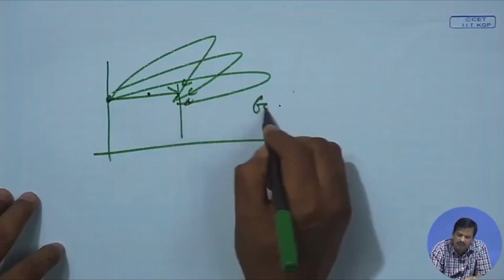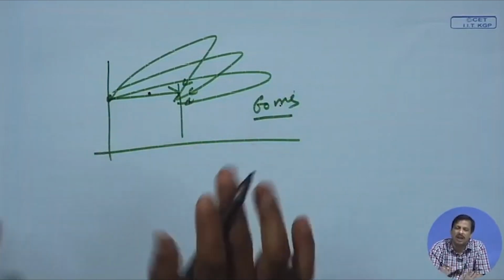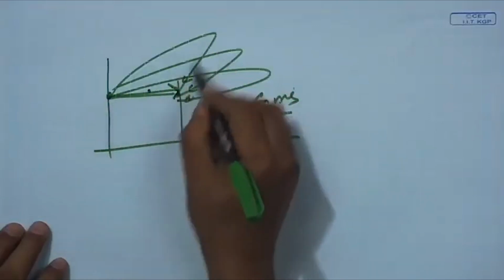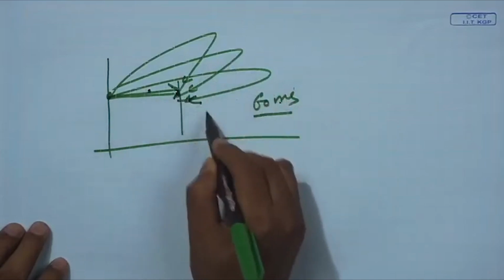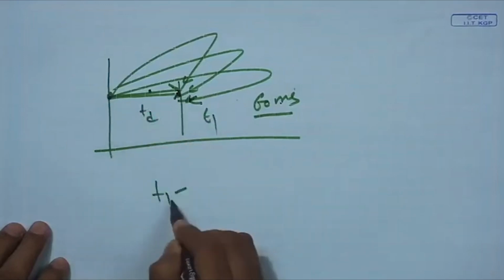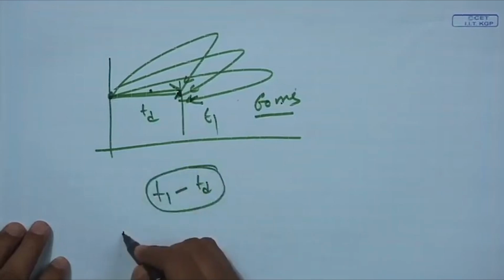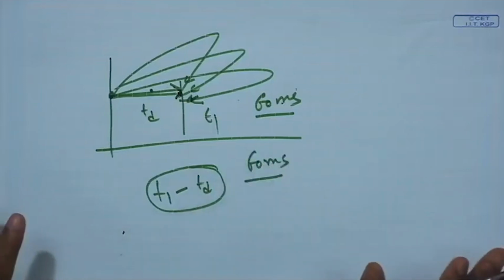It should be within 60 milliseconds at least, then the texture will be said to be good. So, as low as possible. I measure the direct sound arrival at this point, and then the first reflection arrival time, the second reflection arrival time. When the fifth reflection arrives, let us say at T1, and the direct sound at Td, then T1 minus Td defines the texture. If it is within 60 milliseconds, then we say texture is good.